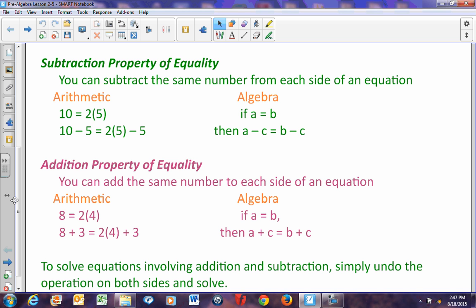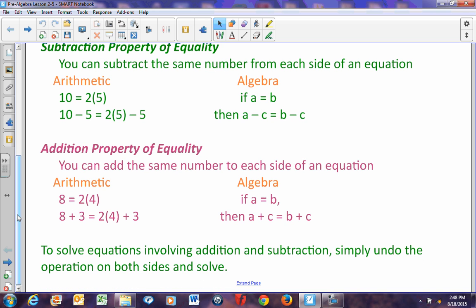Same thing with addition. I can add the same number to both sides of an equation without changing the equation. 8 equals 2 times 4. 8 plus 3 is going to equal 2 times 4 plus 3. Same thing. So, to solve equations involving addition and subtraction, simply undo the operation on both sides of the equation